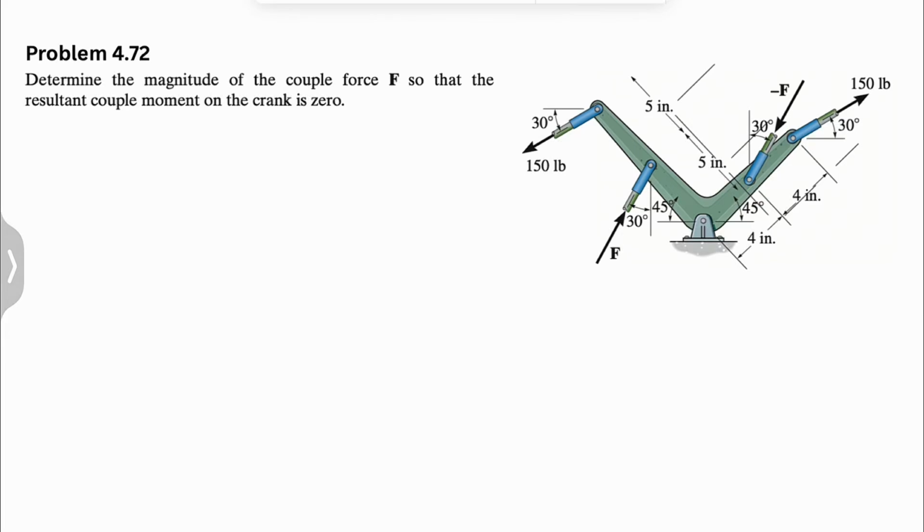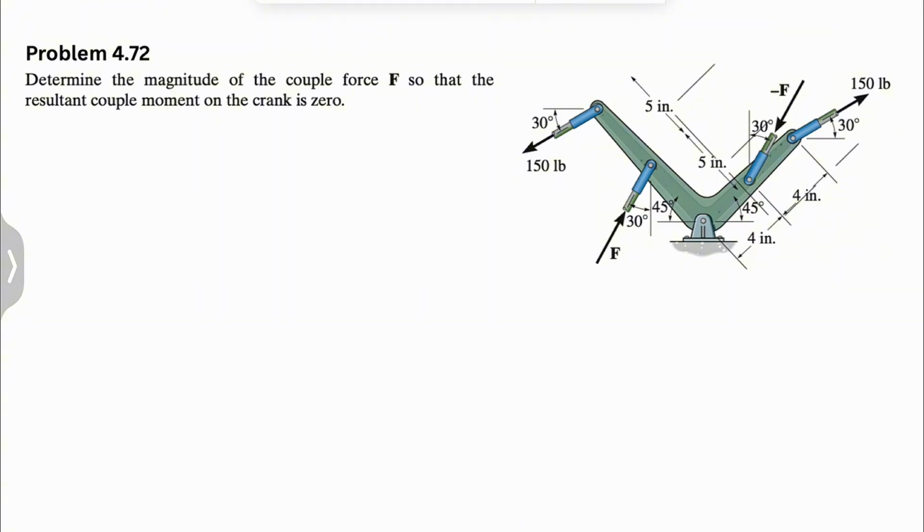Alright guys, we have another question from the fourth chapter of engineering mechanics statics, and in this one we need to determine the magnitude of the couple force F so that the resultant couple moment on the crank is 0. So first thing, as we talked about in the previous video, we have to find which two forces are making